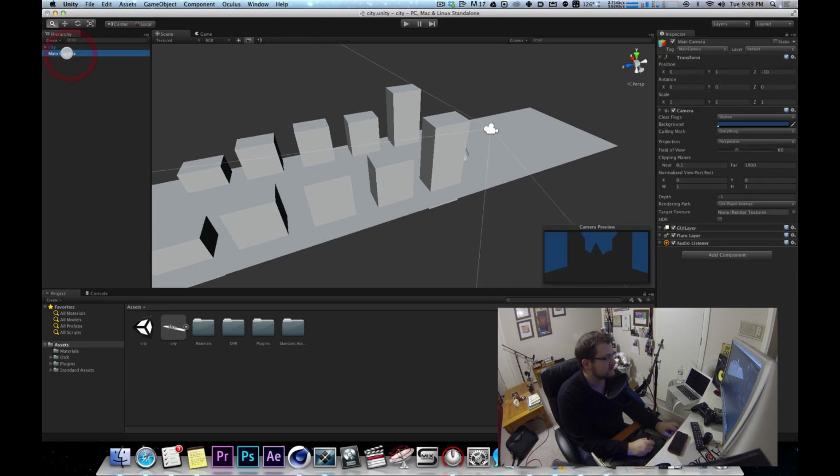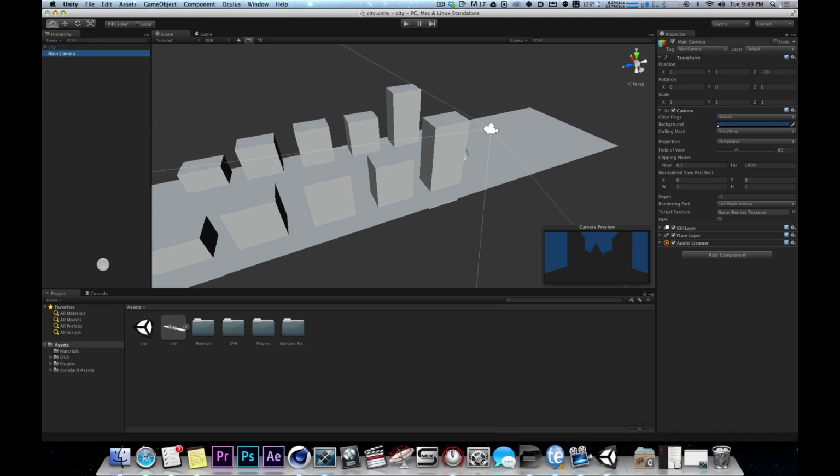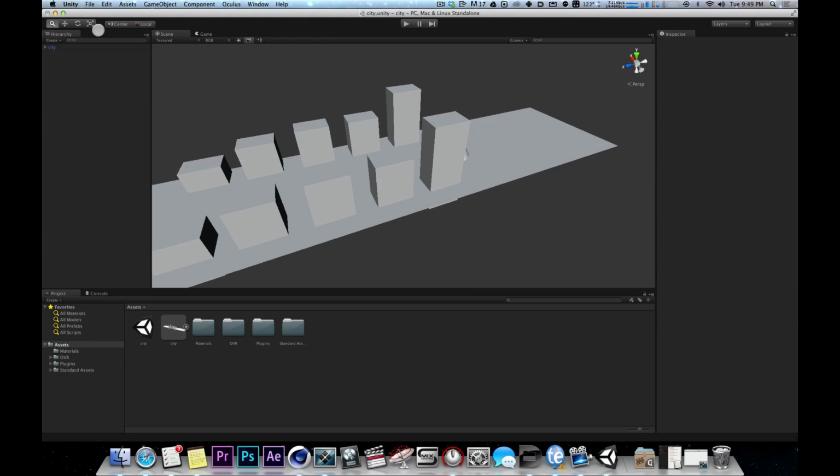Now that is what was provided in the SDK for Oculus Rift that we loaded a couple minutes ago. So if I control click here and then I hit delete, I'm going to delete this main camera. Now I'm deleting that main camera because we're bringing in the other camera. It's under OVR